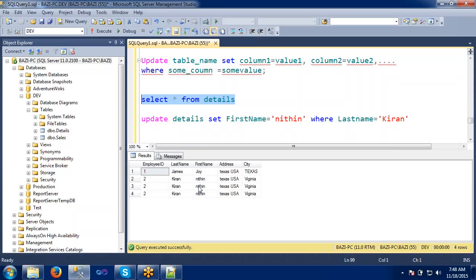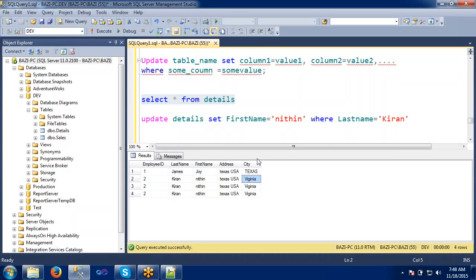If we have the same records, we cannot update one particular record because the employee ID, last name, address, and city are the same. If you want to update any one of these, it will update all the records because they are the same.